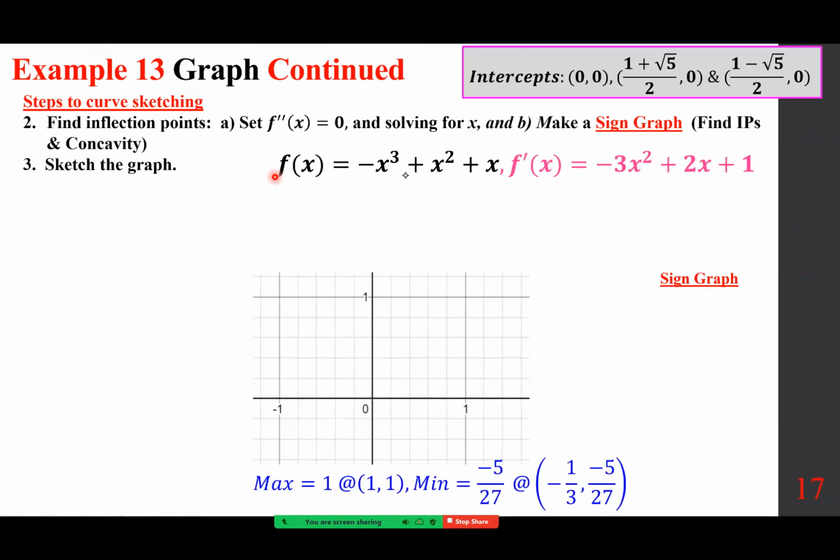Number 1, here's the function. Number 2, here's f prime. Number 3, here's the intercepts. And number 4, max, min, and we are ready to go to f double prime, which means we are going to differentiate this, everybody. So we get minus 6x plus 2. We're going to set this equal to 0. And I hope you realize when you set this equal to 0,